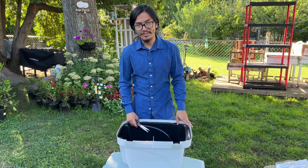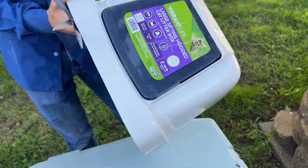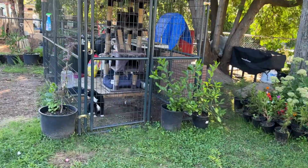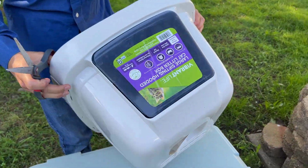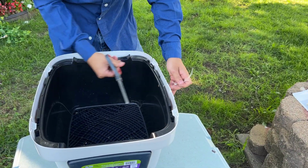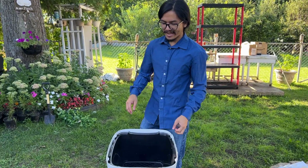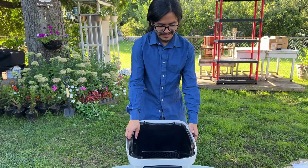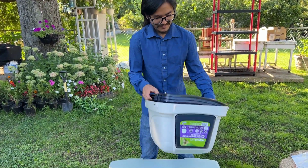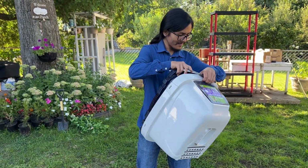Okay, so the brand is Vibrant Life, by the way. It's actually the same brand as the gravity water that we just got. So it's a hooded litter box, which means that it's better for keeping in the smell. And it comes in 3 parts. It has the hood, and then it has the base, and then on the inside of the base,